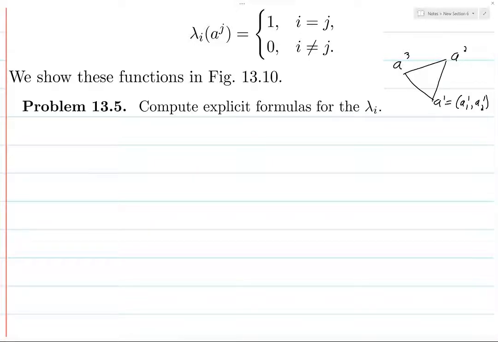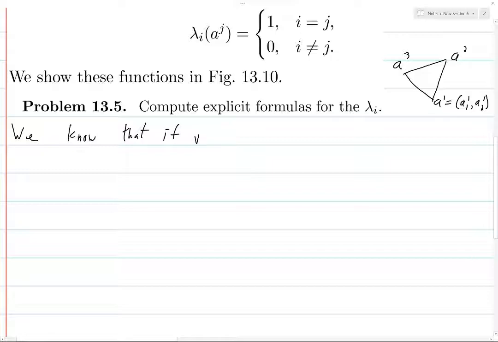So these lambda i's, we know lambda i should be 1 at the vertex a i and 0 at the other 2 vertices, and they should also be linear. Let's see here. So what do we know about these lambda i's? We know that if